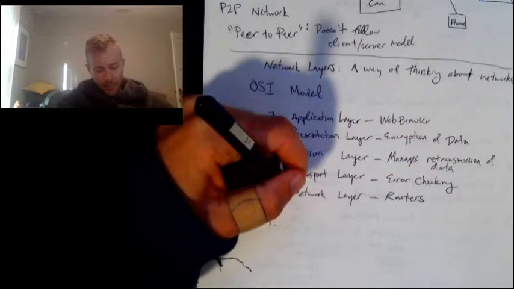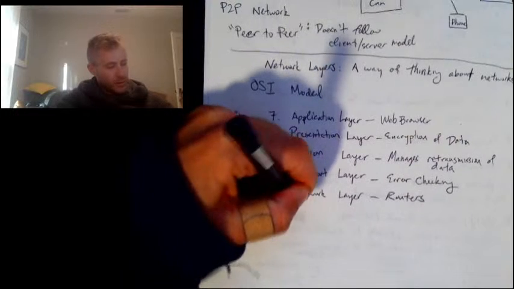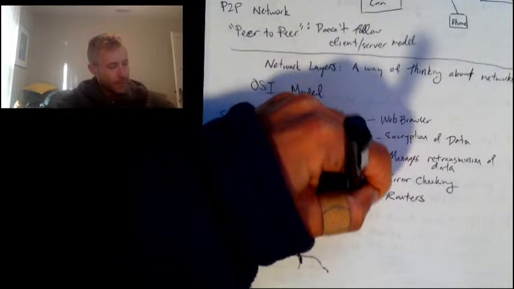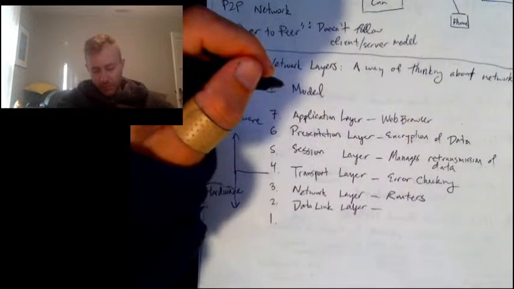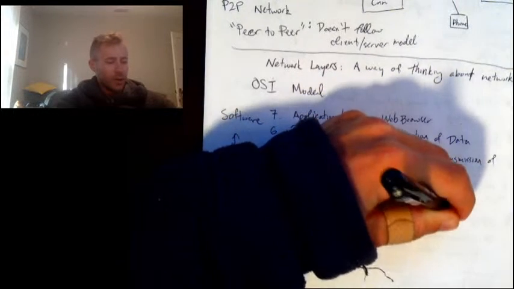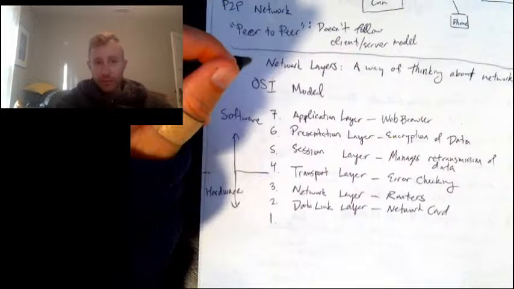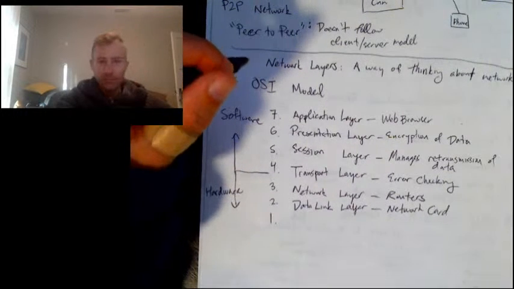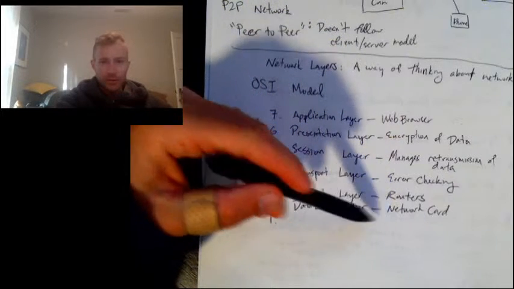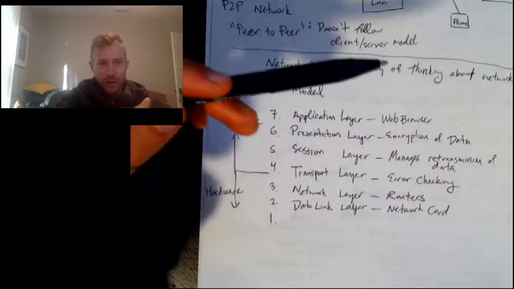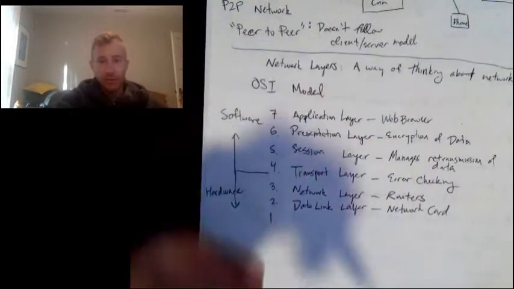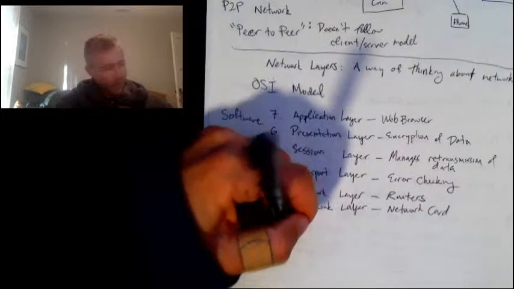There is the data link layer, which has to do with so-called network cards. So what does a network card do? A network card actually transmits the information onto the internet. So it's sort of like an antenna. Even though it's not an antenna, it's what is actually putting the information into the internet and sending it or receiving it. And then lastly, you have the physical layer,